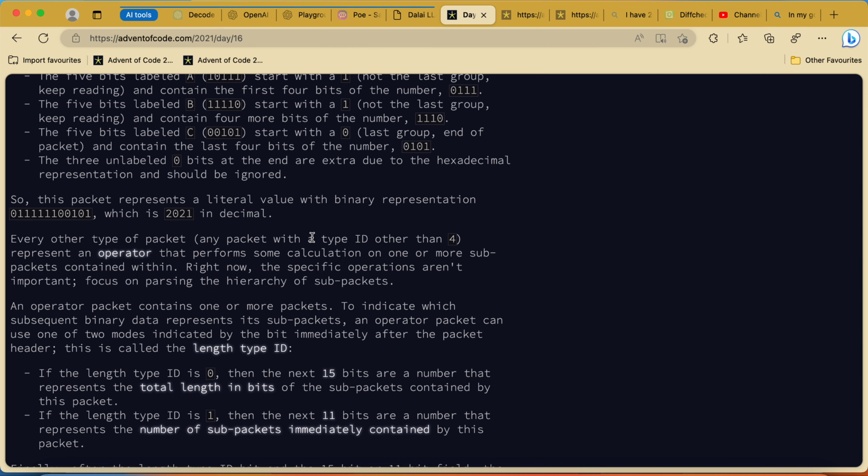Any packet with a type ID other than 4 represents an operator that performs some calculation on one or more sub-packets contained within. Right now, the specific operations aren't important. Focus on parsing the hierarchy of sub-packets.